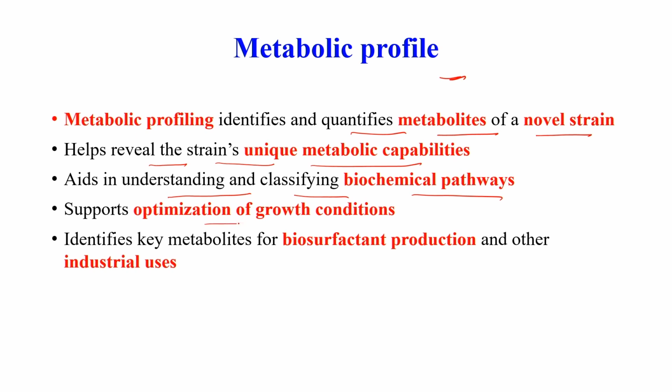It supports the optimization of growth conditions and it identifies the key metabolites for biosurfactant production and other industrial uses. For example, you can see based on the metabolic profile whether they are going to produce biosurfactant or any other